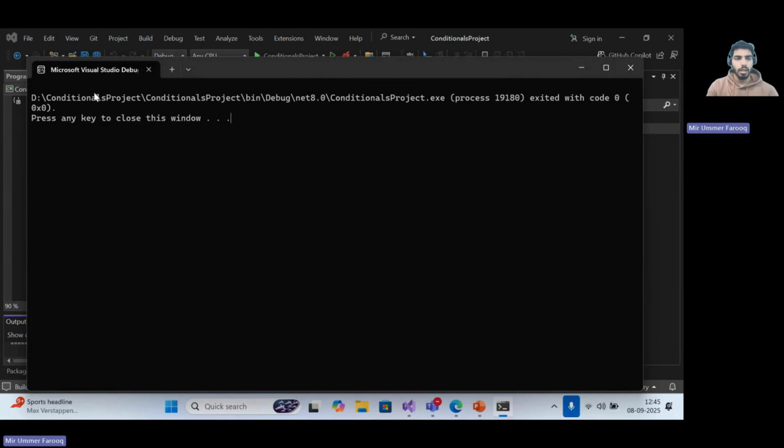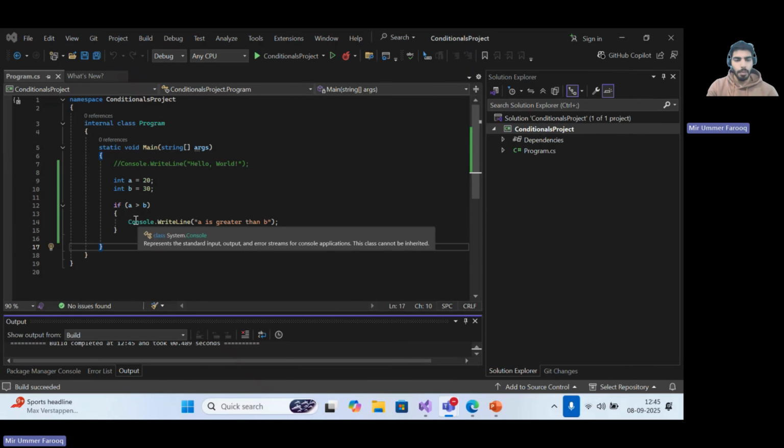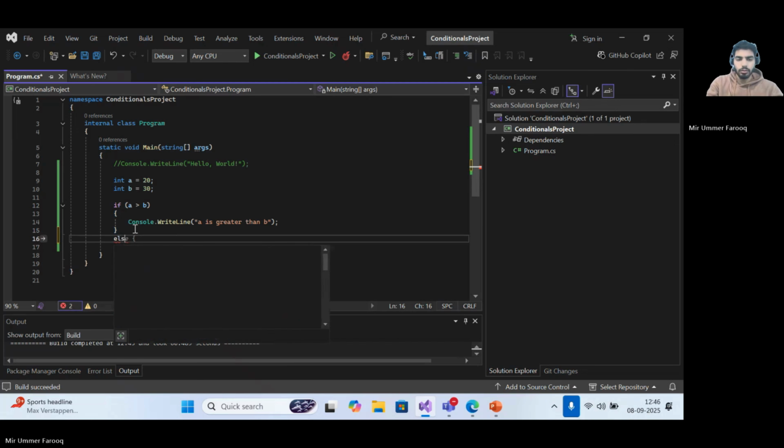So you can see no statement has been printed here, because there is only one statement in our program, and when this particular condition becomes false, that particular line will not be printed, or this code will not be executed. So now I want to give some message to the user. If it's not greater than b, and then there can be one more condition, that else